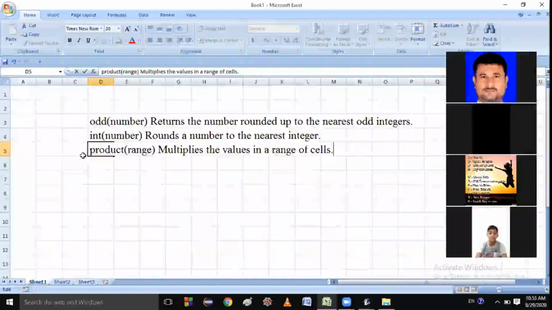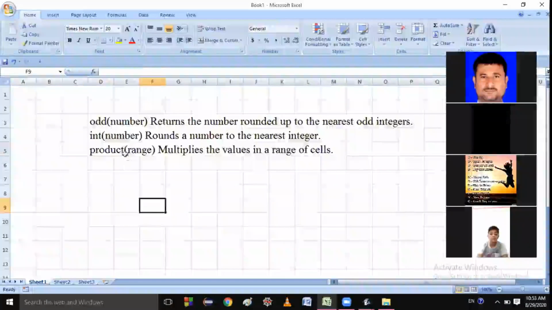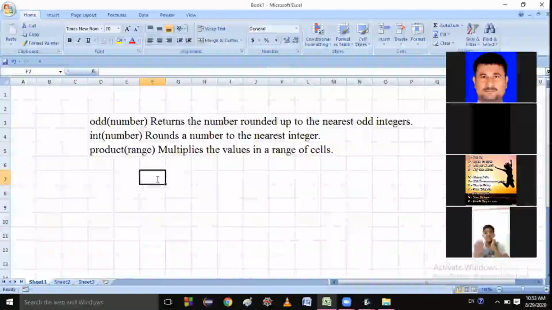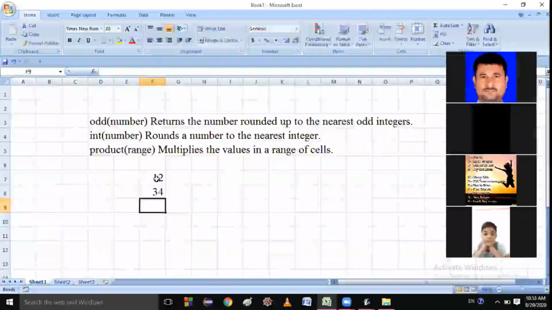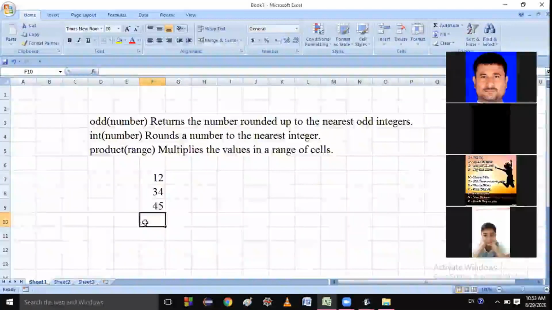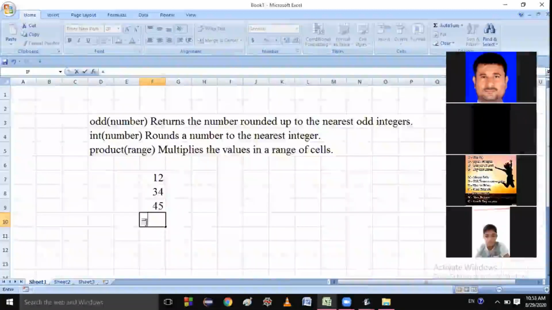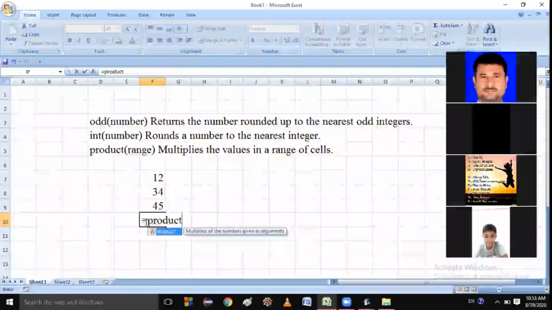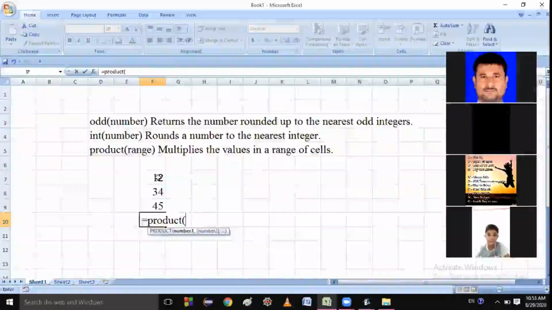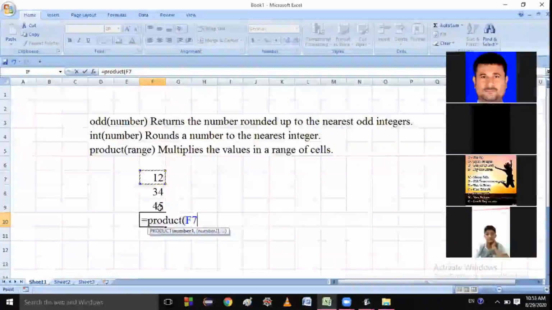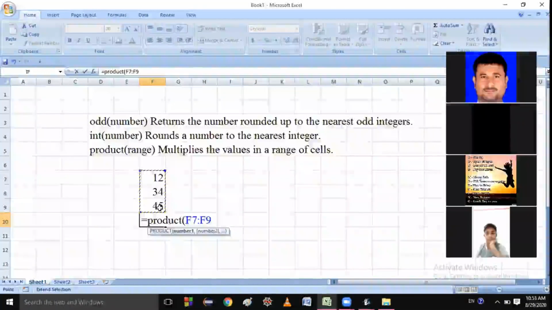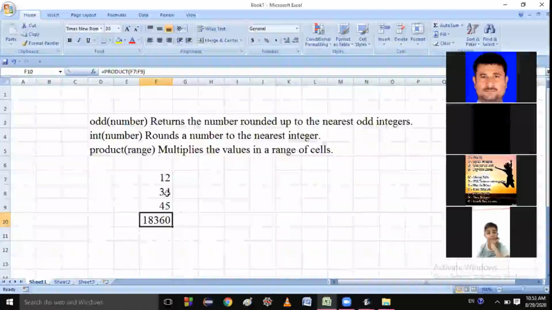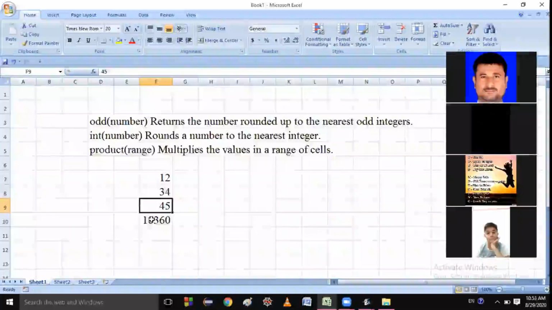Suppose you are giving some range to the PRODUCT function. Let me show you an example: 12, 34, 45. So these are the numbers. I am using equals PRODUCT, giving this range, and pressing the Enter button. Then you get the product, 12 multiplied by 34 multiplied by 45, and the answer is